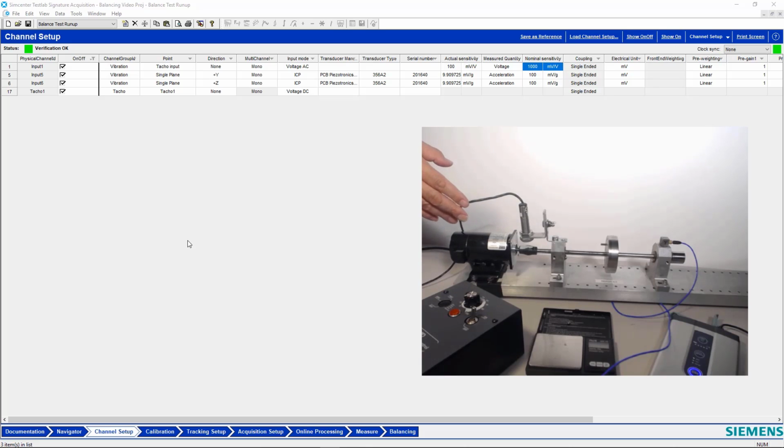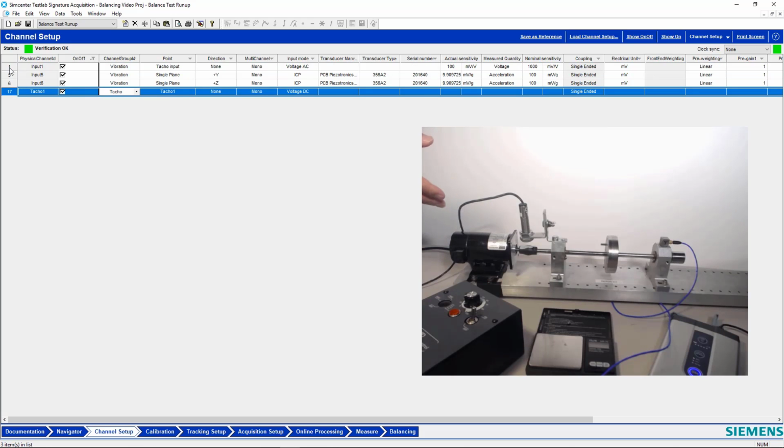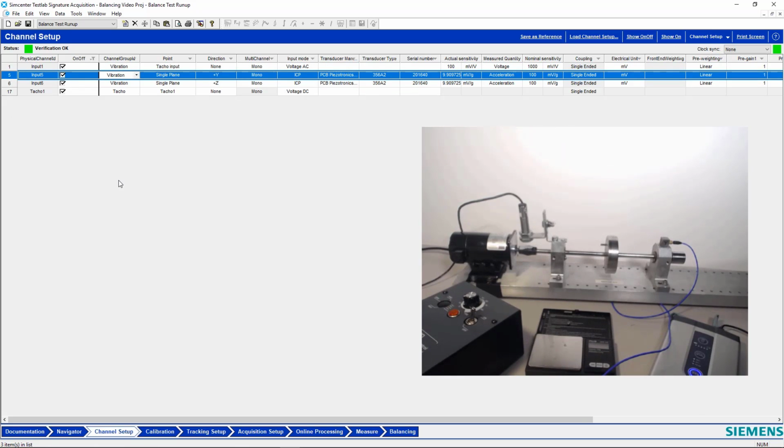So it's teed off. In the first channel I have the tacho input, and you can see it's also in our tacho channel. That's the voltage versus time that you see in the first channel. You're going to use that for phasing, and it's also plugged into the tachometer to keep track of the RPM. Then you're measuring the vibration on this accelerometer, and that's really a response to the imbalance, not the imbalance itself. Correct.